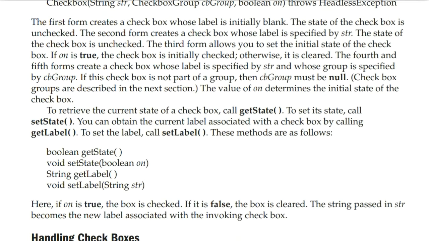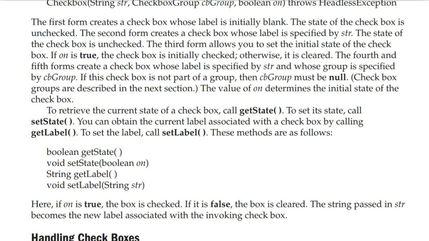The first form creates a checkbox whose label is initially blank. The state of the checkbox is unchecked. The second form creates a checkbox whose label is specified by str. The state of the checkbox is unchecked. The third form allows you to set the initial state of the checkbox. If on is true, the checkbox is initially checked, otherwise it is cleared.